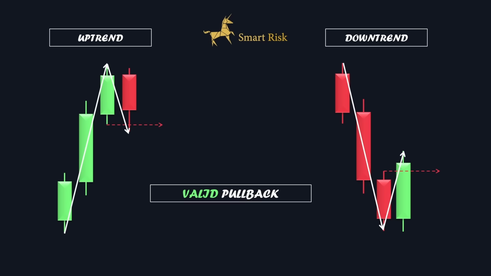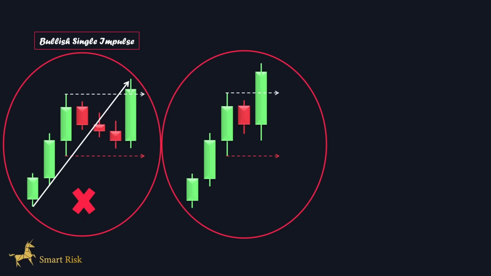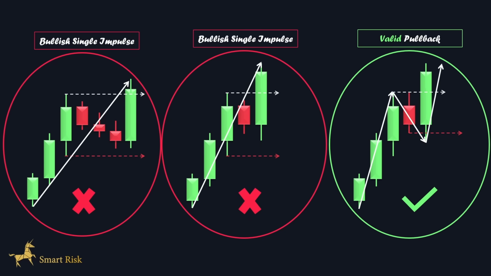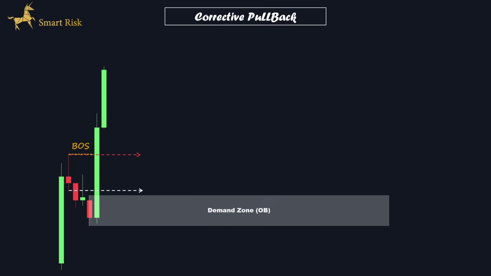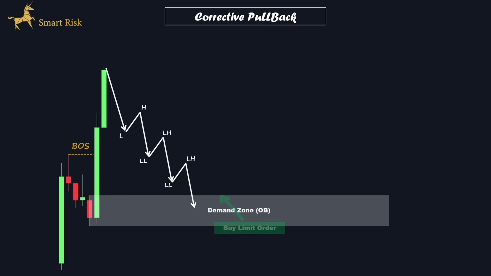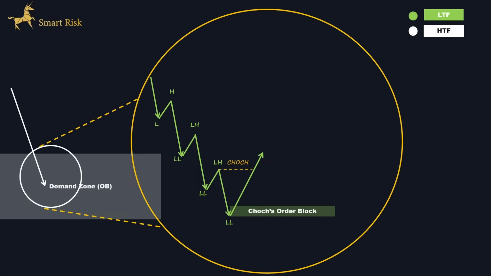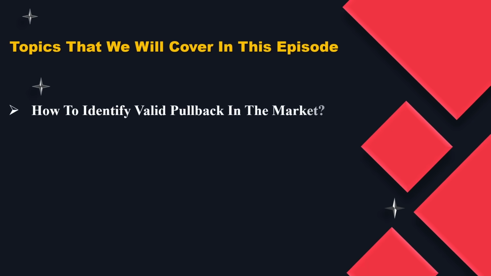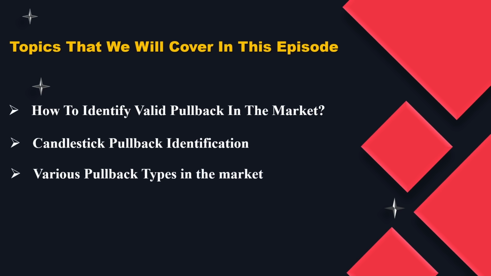Identifying a valid pullback is one of the most challenging and key steps in market structure analysis that every trader encounters. Acquiring the skill to recognize valid pullbacks allows you to identify authentic order blocks and inducement zones in the market, helping you avoid potential traps. Today in this advanced episode, we are diving into various pullback types, trading strategies and price actions associated with pullbacks that you might encounter in the market. But that's not all. We'll break down the key criteria and rules that elevate a pullback to a high probability